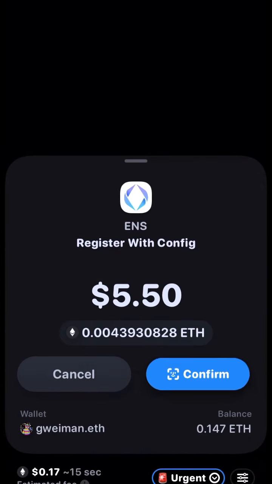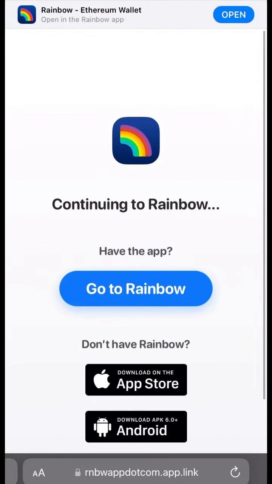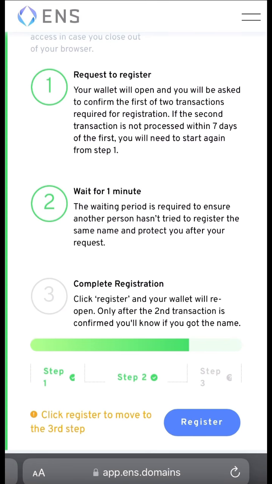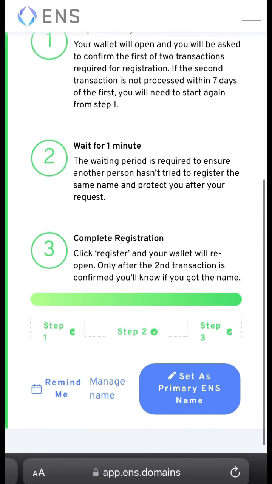register. So we're going to go and pay the actual gas fee, which is $5.50 a year plus gas. And then I come back here, and boom, step 3 is pending. So we did step 1, which is make sure that the name is available and we are the ones to get it. Step 2 is wait 60 seconds. And then after clicking register again, we have step 3 where you pay your final gas fee, and boom, looks